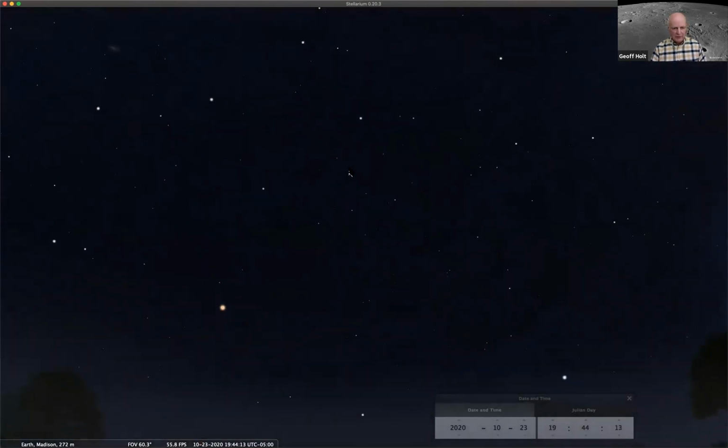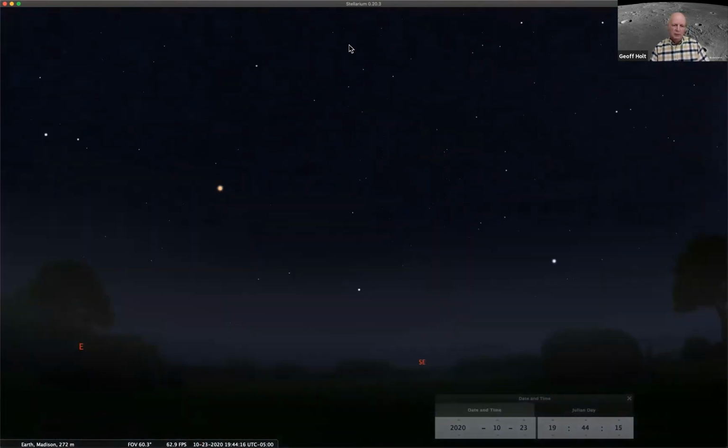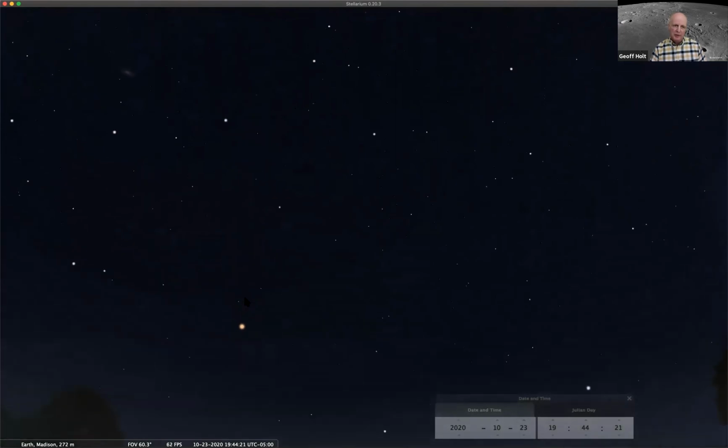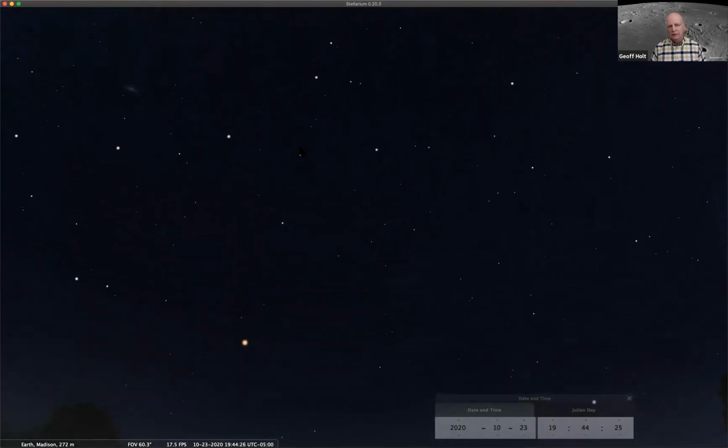Now, to help you kind of get oriented here, we're looking toward the east and southeast where we saw Mars. Looking up above Mars, my arrow is at the center of a square. It's kind of tipped on one corner. See if you can pick it out. That's the great square of Pegasus. And Pegasus